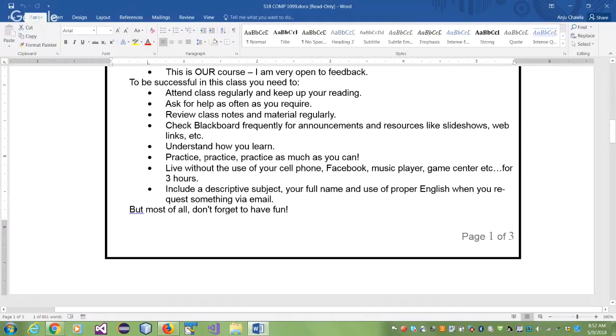Understand how you learn. Practice, practice, and practice. You can't get anything without practicing, guys. This is a programming course. You have to practice to learn it. There is no other way. Think about it: you get better and better as you play a game. When you buy a new game, whatever it is, you don't know how to do it. But as you play it every day, you get better and better. You understand its nooks and crannies. You understand the tricks, how to do things better. It's the same with programming. If you're passionate about it, you will learn it. If you're not passionate about it, then all you will do is get through the course.